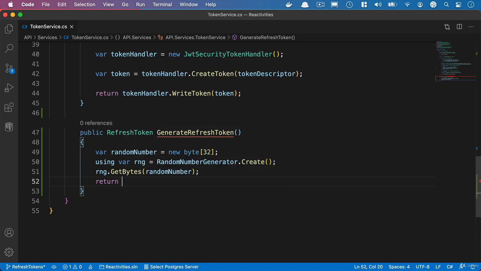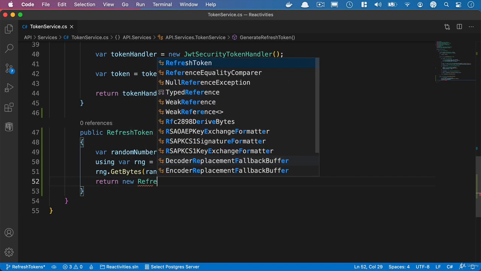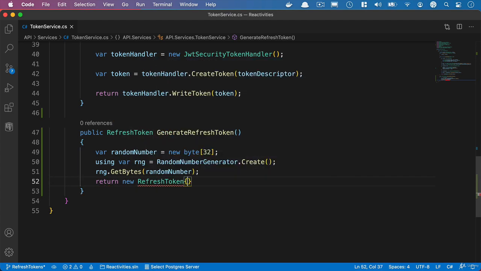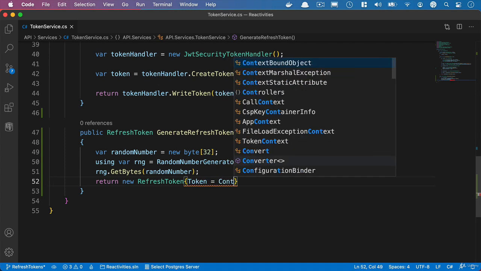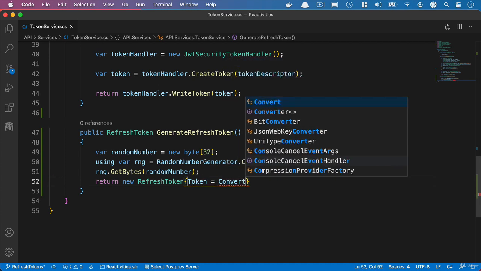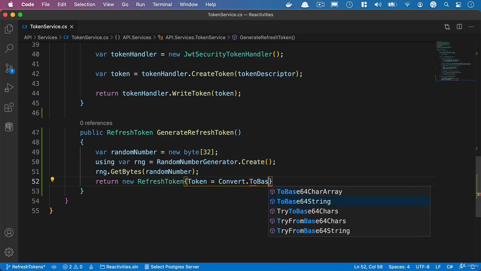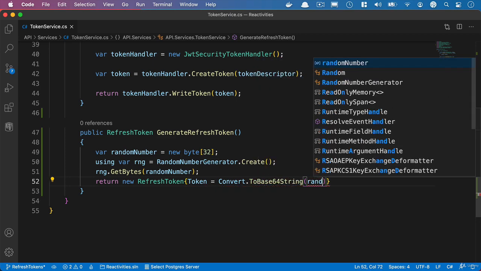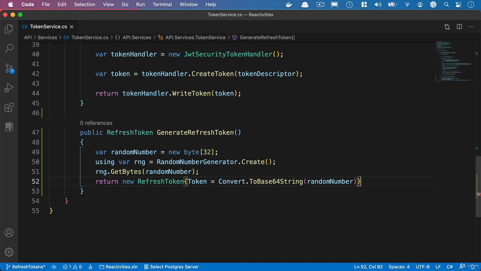And then we can return a new refresh token. And all we need to specify in here is the token itself, and we'll say convert to base 64 string, and we'll pass in our random number, which will give us a nice randomized string of text which will form